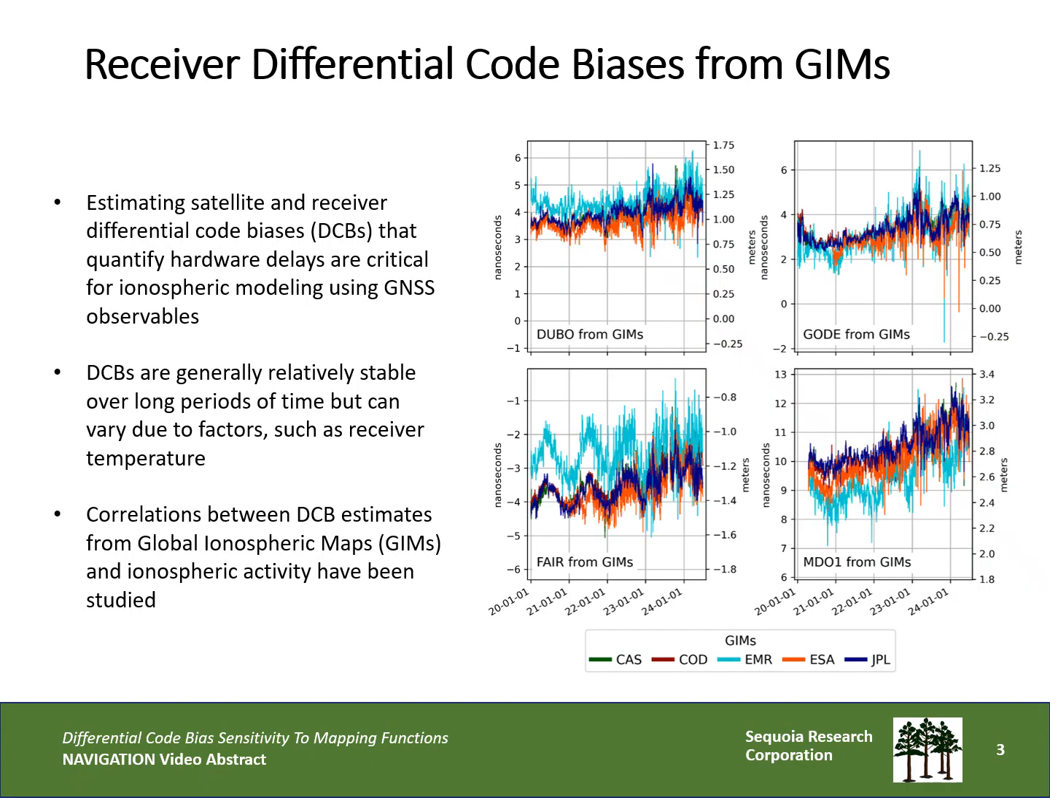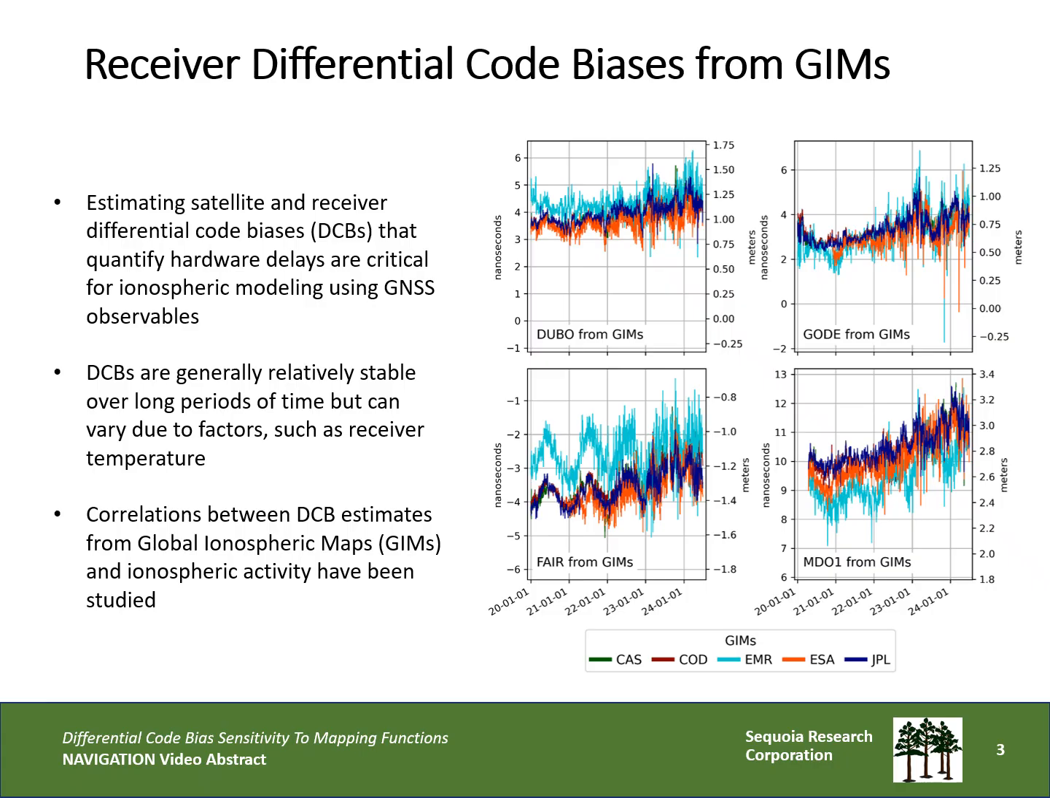An important aspect of ionospheric modeling is the estimation of differential code biases for satellites and receivers. These biases, quantifying hardware delays, are generally relatively stable over long periods of time, but can vary due to factors such as receiver temperature. Correlations between differential code biases quantified by global ionospheric maps, also known as GIMs, have been